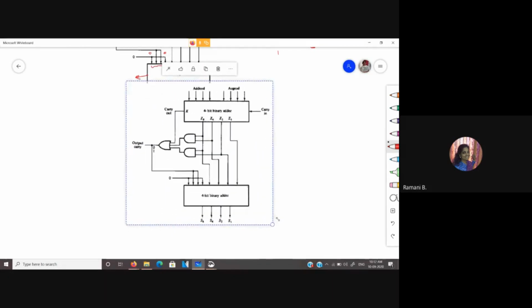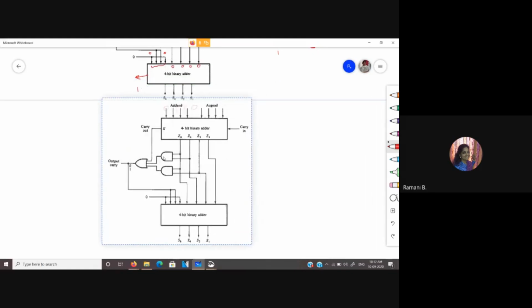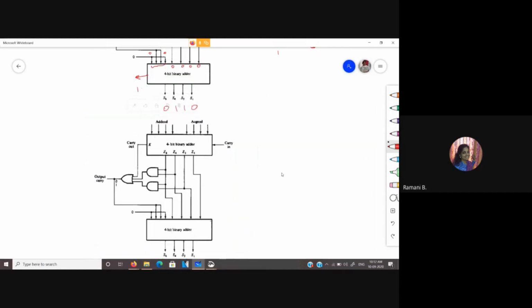So if I am to have A to be 6 and B to be 2. In this case, my binary sum is 0 plus 0, then 1 plus 1 sum 0 carry 1, 1 plus 1 sum 0 carry 1. This is my binary sum. So as the sum is less than 9, the BCD sum is also the same.